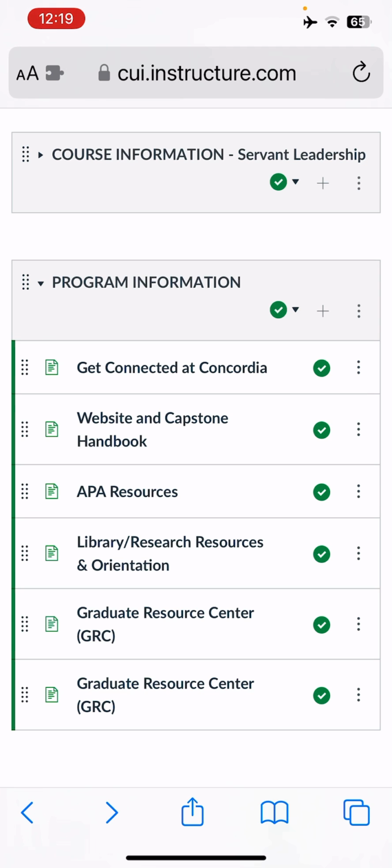So it's always a good idea to keep your assignments in some type of file location on your desktop or laptop that is really easy for you to locate. When I took this program, I had just a master's program file, and in each one of those I had a new file for each course I took, and in each one of those I had a new folder. I'm saying files. I had a new folder for each assignment I did.